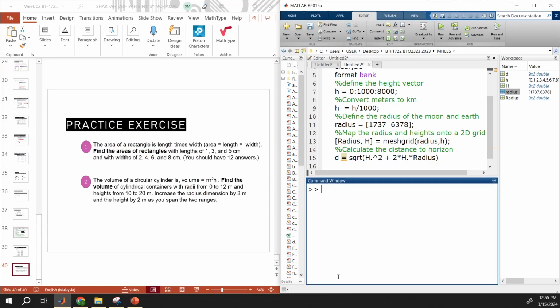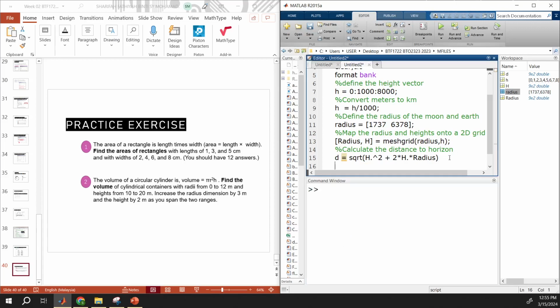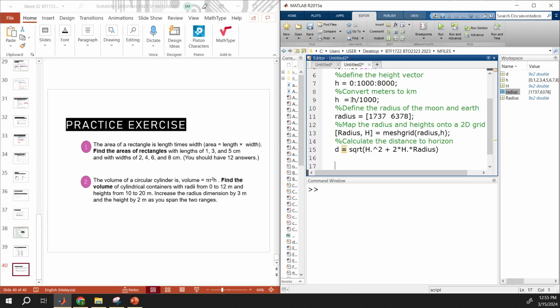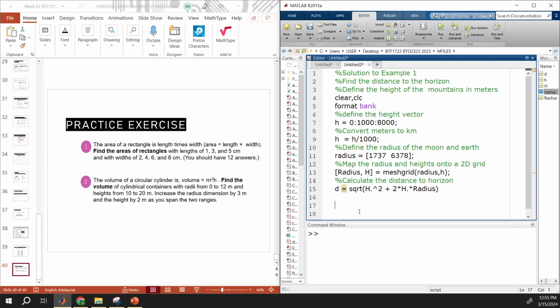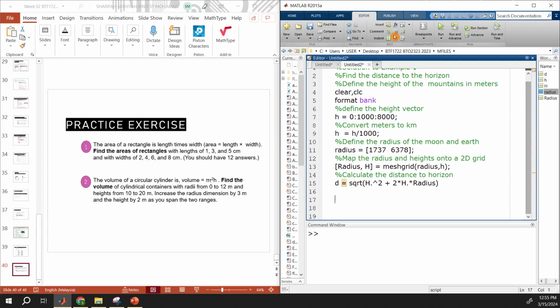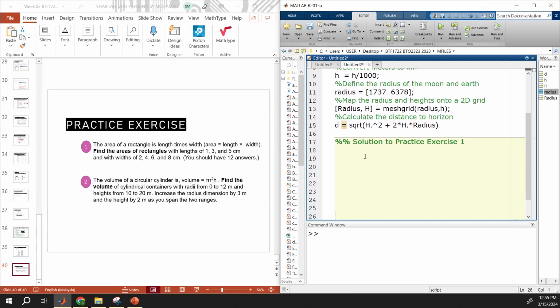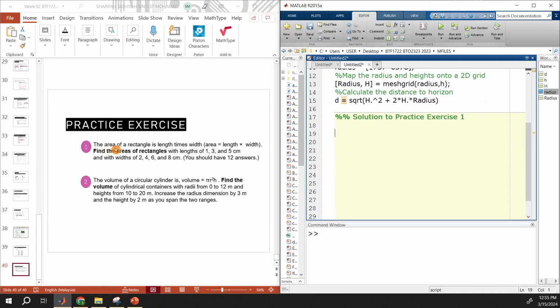We continue using this editor script. Here is my example solution. I want to create a new one, so I'll just insert a section here, under the editor tab, insert a section. So this is the solution to practice exercise 1. The first question says that the area of a rectangle you can calculate using this